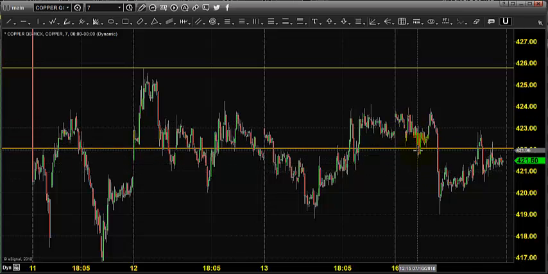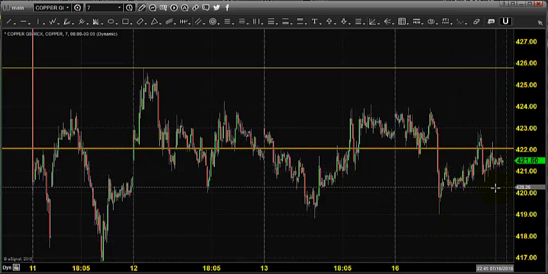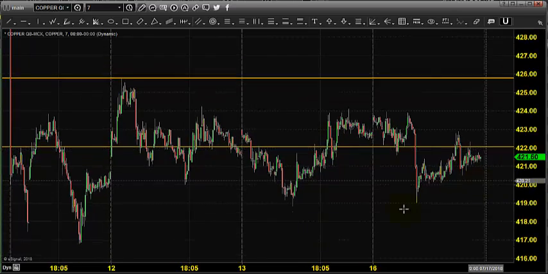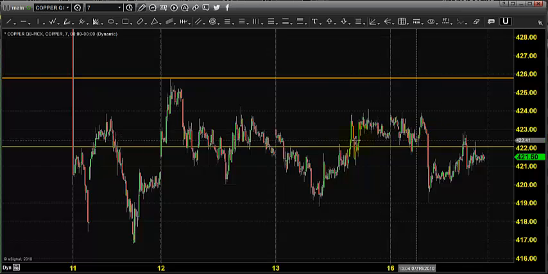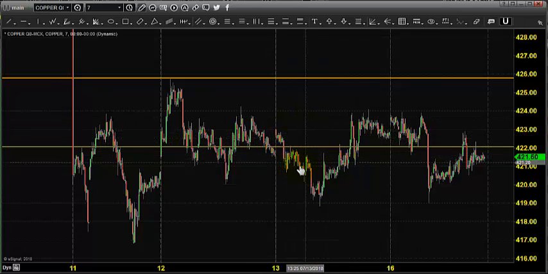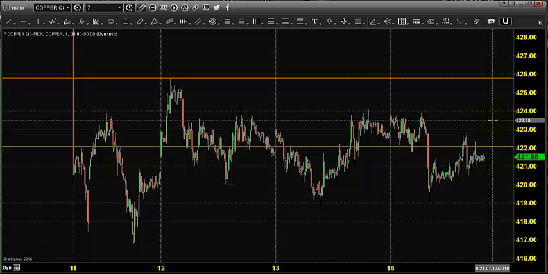But right after the opening, the price took some support near 422 and tried to move up, but finally came down and closed near 421.5. So this is the basic difference between trading in futures and options. In the last two trading sessions, we tried to buy above 422, but on two occasions the stop loss got triggered. But still, today the price is expected to open somewhere near 424 again.